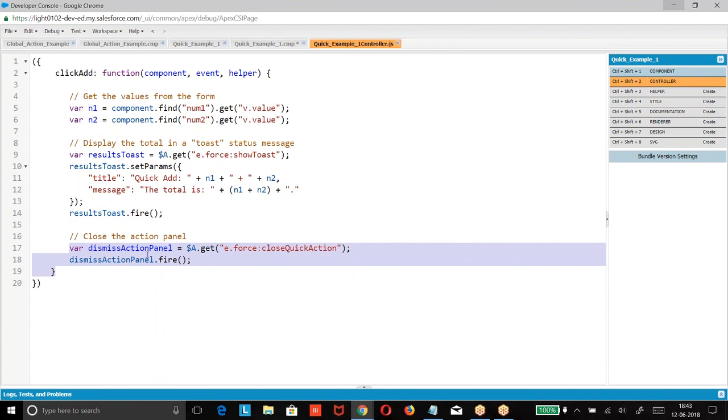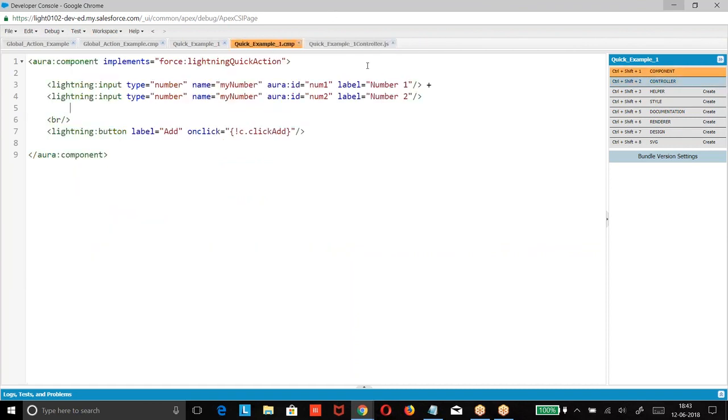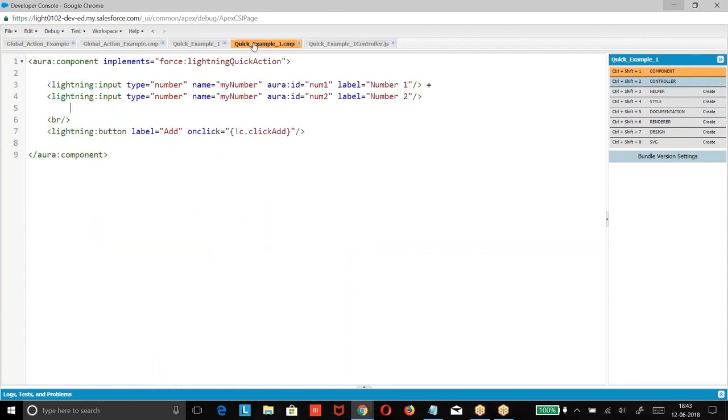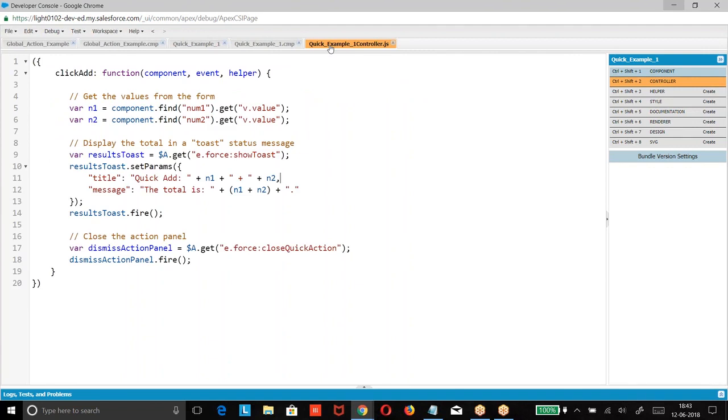Once you see the UI, you will understand this. Right, so we got a component. When you click on a button, the controller is called. Any query on this? People are good with this? People followed? Taking two input components, when you click on the button, the controller reads the value of number one and number two and prints them on the toast.